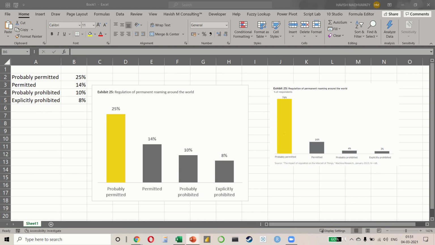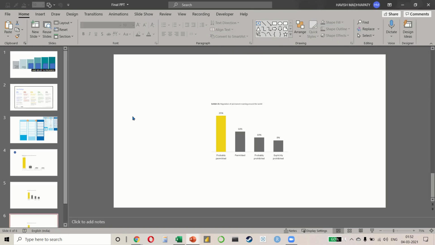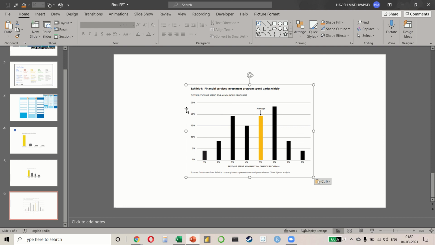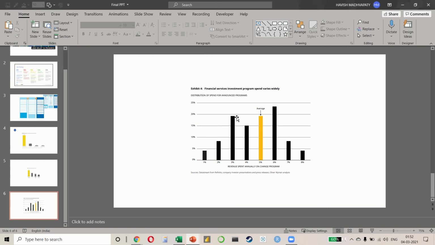Let me also show you one more example of how differential colors can be used. This is a management consulting firm called Oliver Wyman. It's not in the top three, but it's one of the largest top 20 management consulting firms in the world.